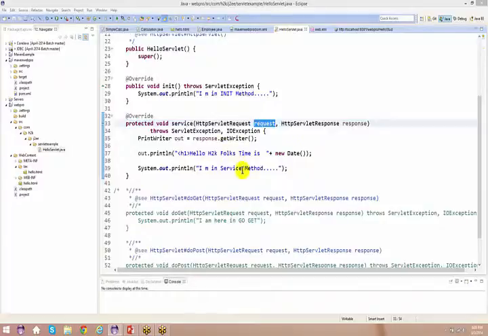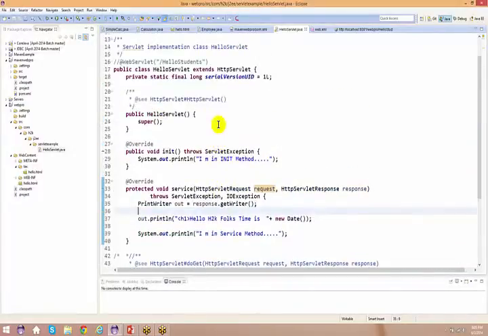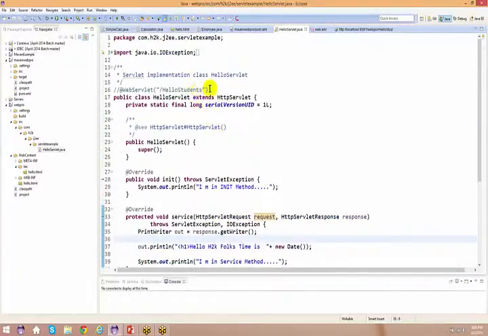Okay, so today we are going to see how we are going to use this request object and what is the use of it. The very first thing I'm going to do is use the same servlet out here. And we will try to give some request to this particular servlet, or give some values to the servlet, so that this servlet can capture those values.